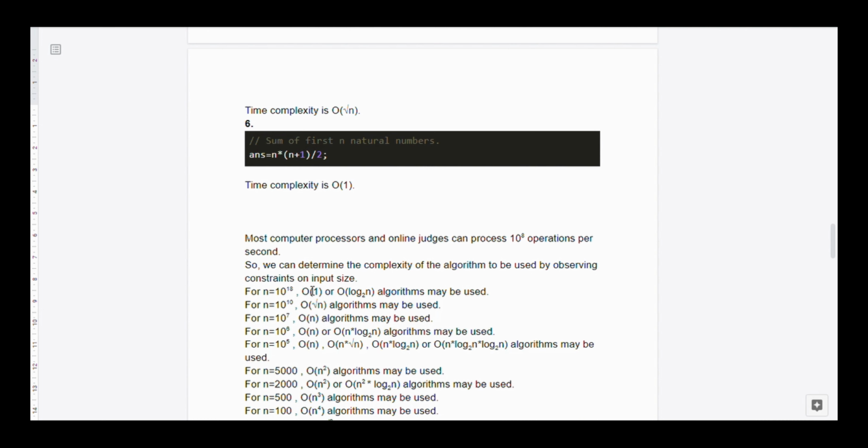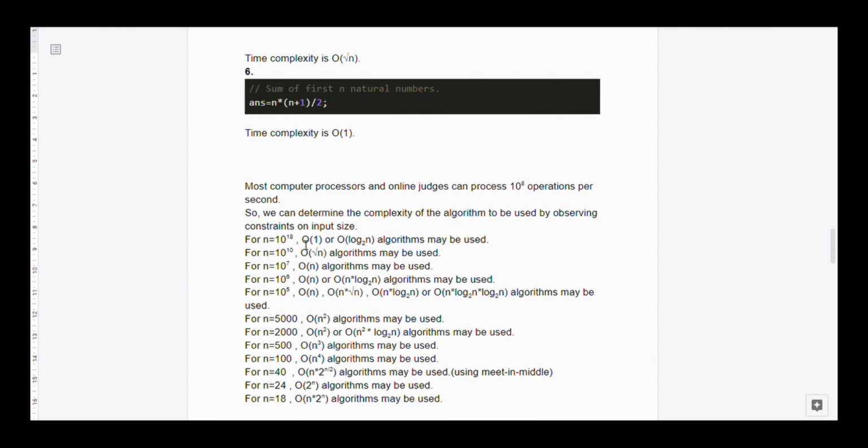Most computer processors and online judges can process 10^8 operations per second. So by observing the constraints on input size, we can determine the time complexity of the algorithm to be used. For example, if n is of order 10^18, an O(1) or O(log n) algorithm may be used.